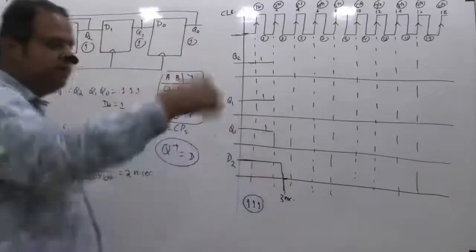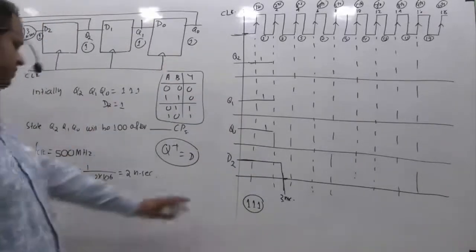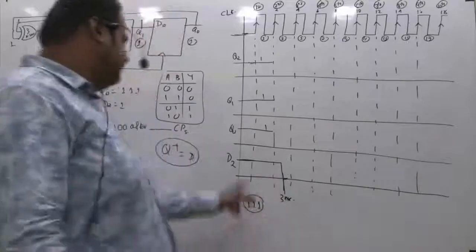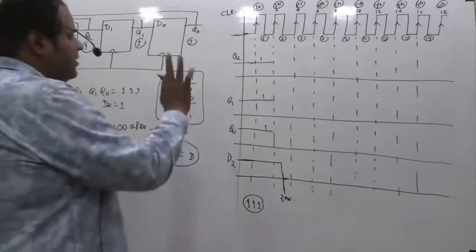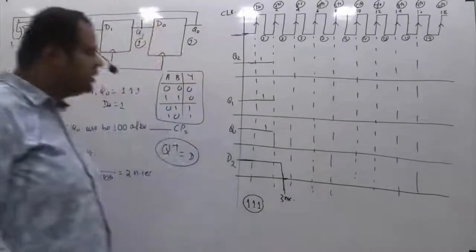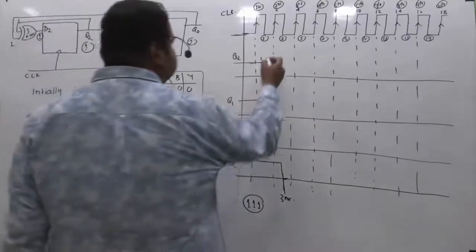Because we have to keep on continuing like this, at what time will the state be 1, 0, 0? In the first clock, we are getting 1, 1, 1. Our objective is to reach 1, 0, 0. Let us continue and see after how many clocks we get 1, 0, 0. Okay. So first clock is over. Now in the beginning of second clock, that is, second clock is about to come.